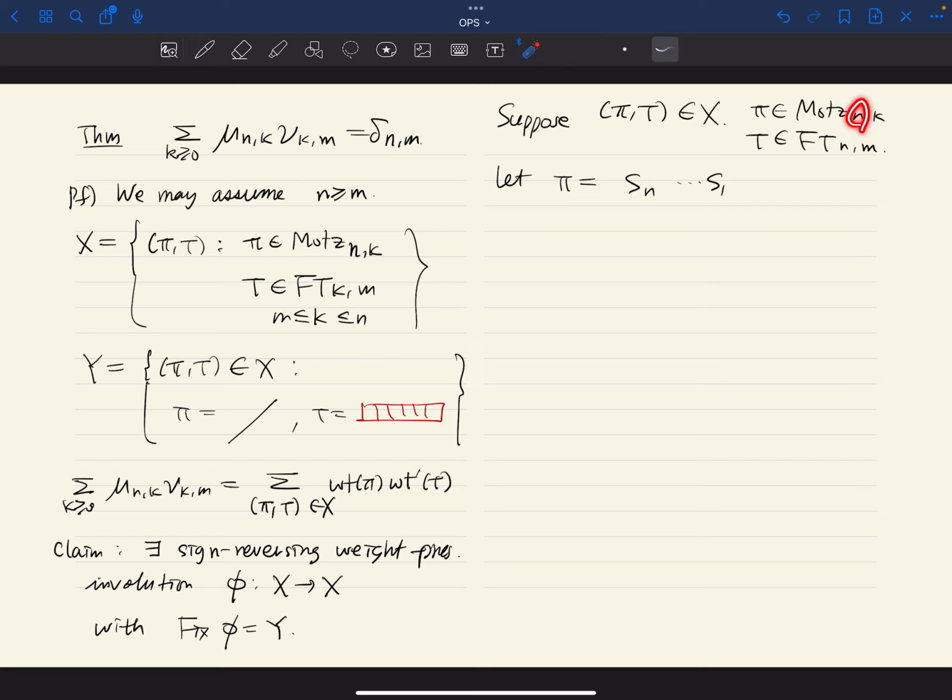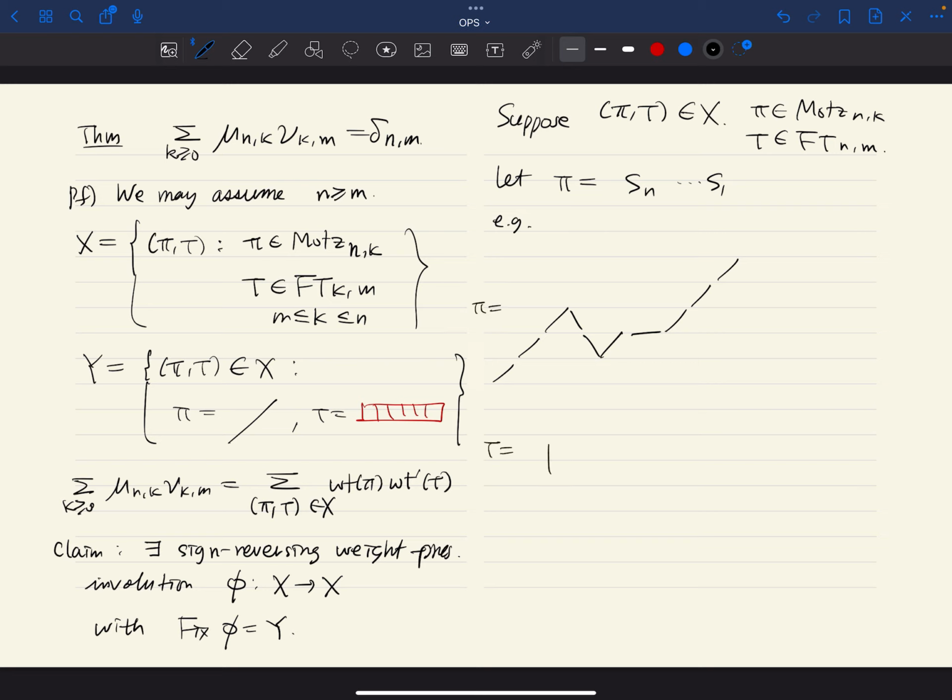There are n steps, but I'm going to write the steps backward like this. Again, I'm going to explain things with an example, and it's more complicated: up, up, up, down, down, up, horizontal, up, up, up. This is pi, and